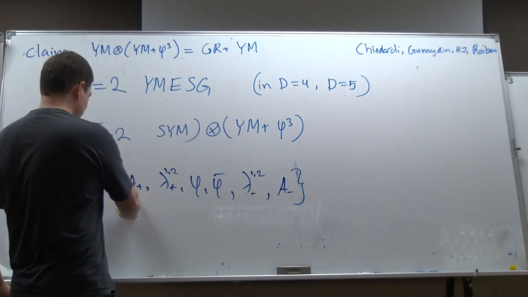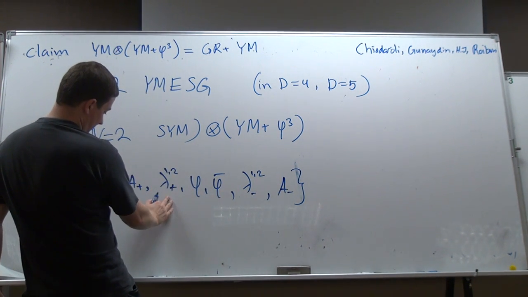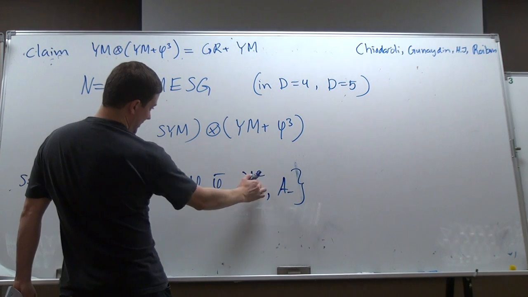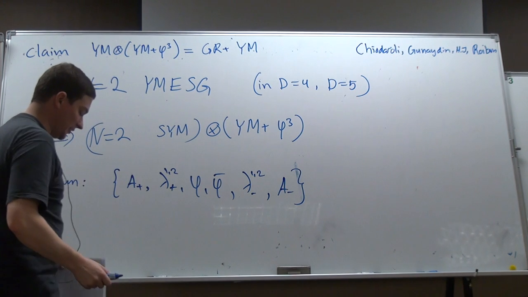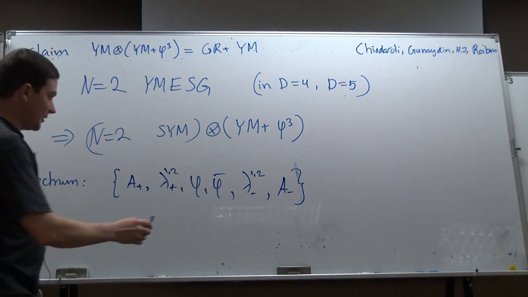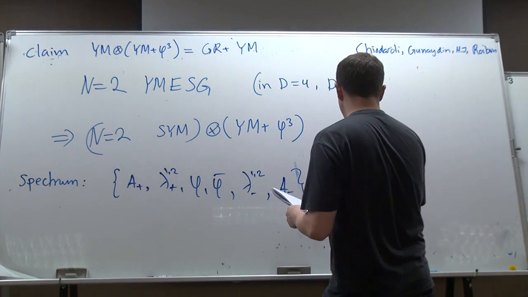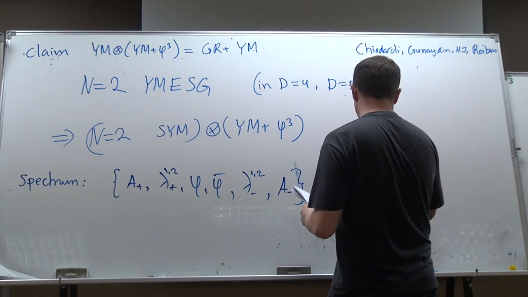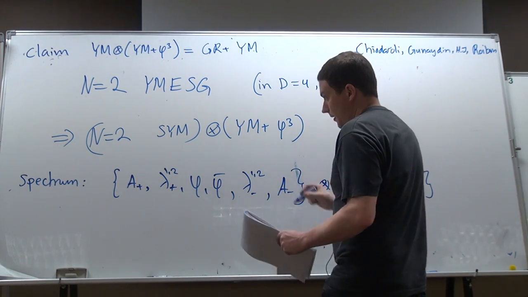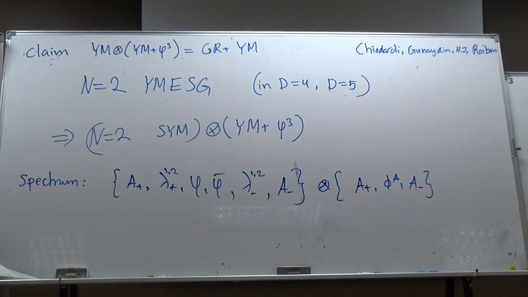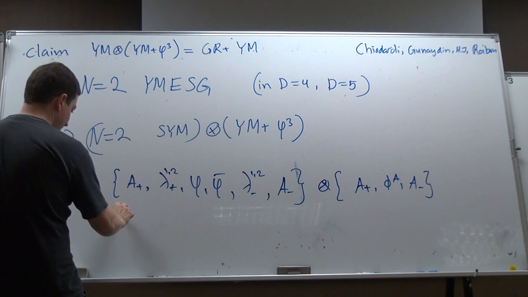So there's the plus helicity gluon, minus helicity gluons. There's two plus helicity fermions, two minus helicity fermions, and then there's the scalar and the complex conjugate, treating them as independent fields. And this is supposed to be tensored with just Yang-Mills and the scalar. No, I'm not gonna multiply it out, but I hope you're convinced if I say that this matches